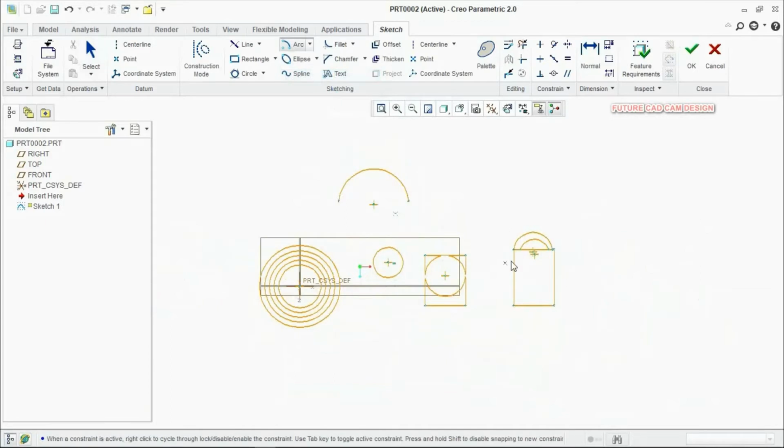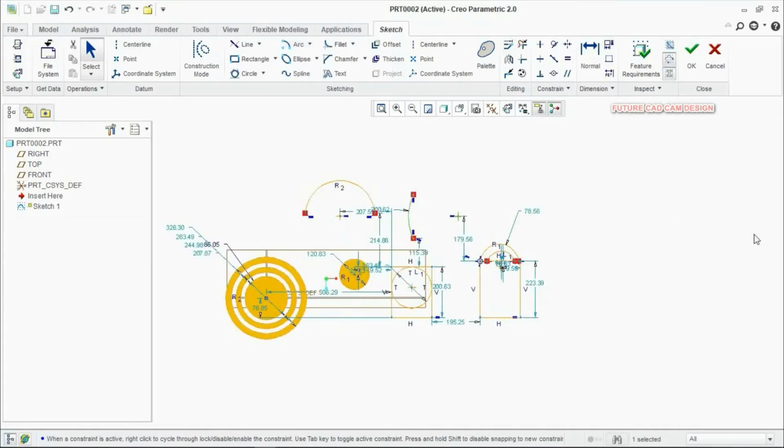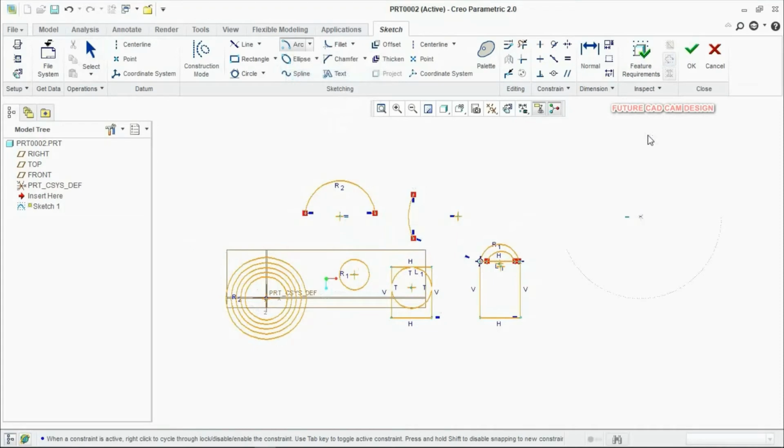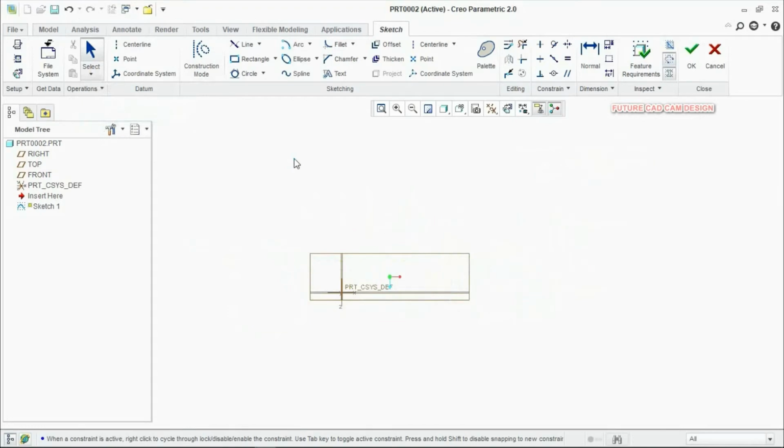For center end, you need to click any center point, drag your cursor, and in whichever area you need to create your arc, you can draw your arc like this. For example, I select the center point of the arc, click the end point and move your cursor, so it will create an arc. Then select all geometry and delete.